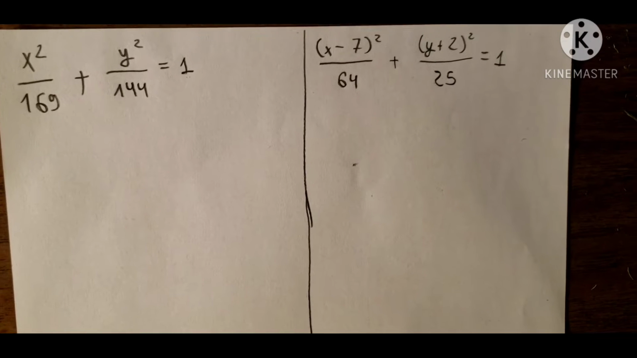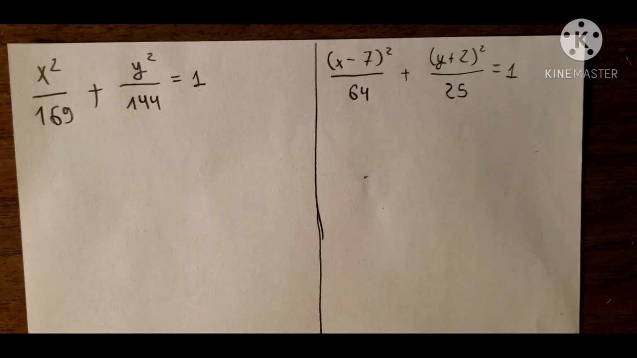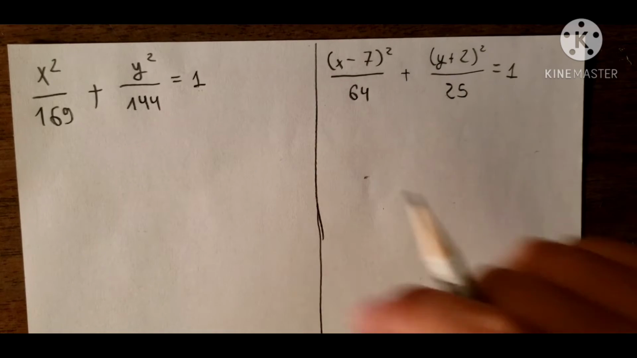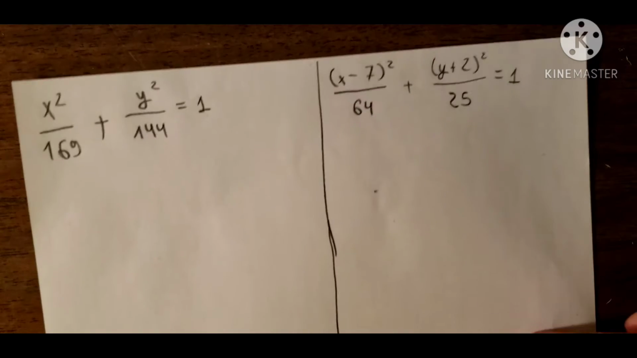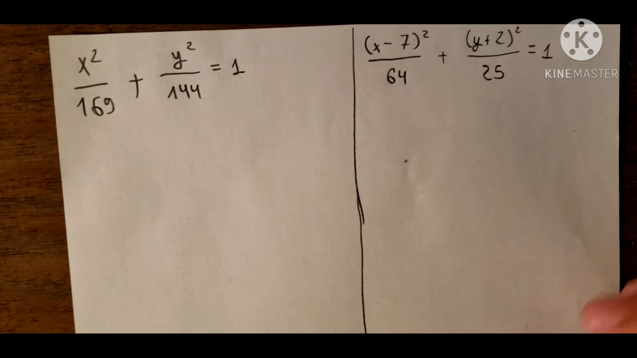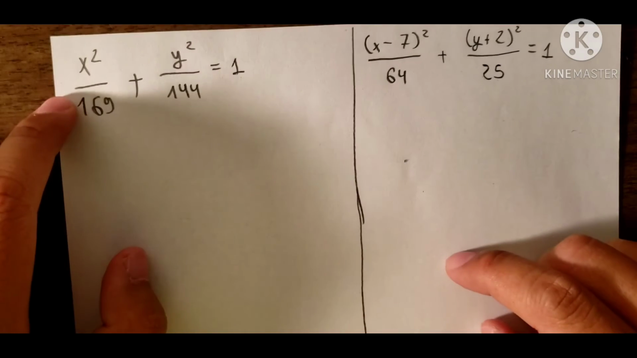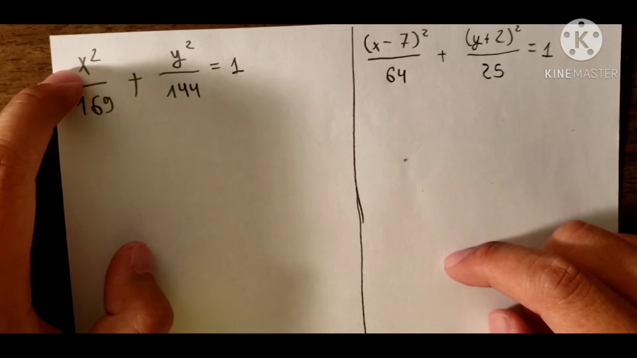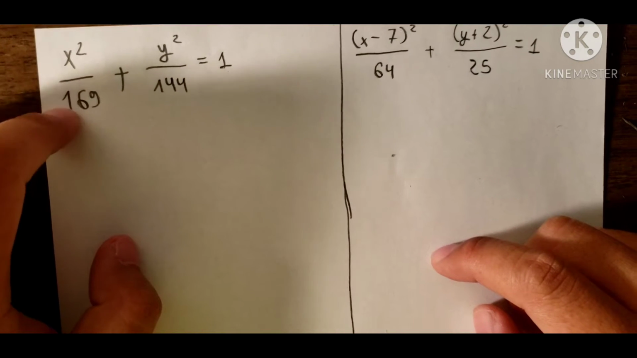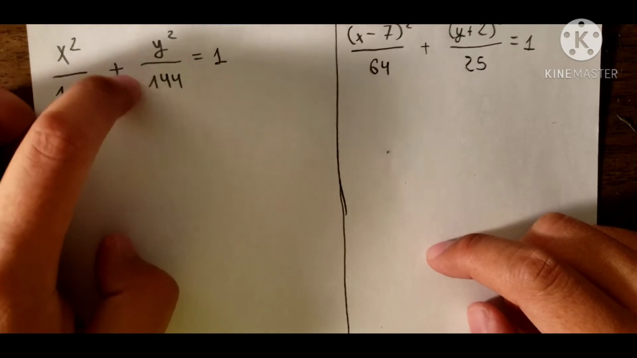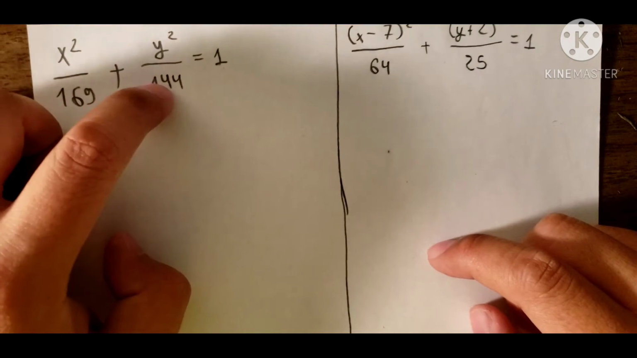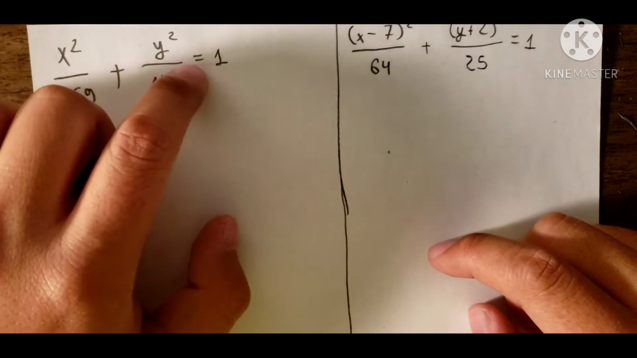Hello everybody, so today I will do about the calculus. The topic today is about drawing the ellipse. So I will use different kinds of examples to illustrate how to do the question in here. Question number 1. We have x power 2 divided by 169 plus y power 2 divided by 144 equal to